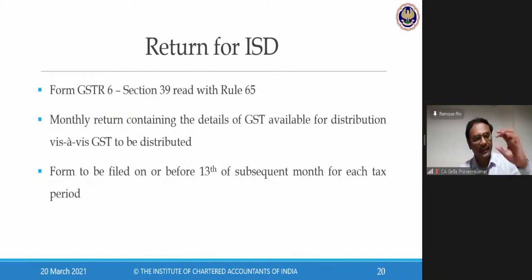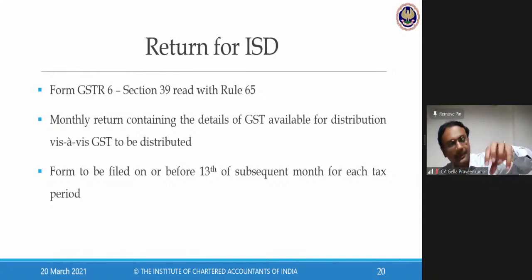Same way, I have a head office. All the common credits, services, all the common credits come and get registered in my ISD. From ISD, to the respective units, like when we have read section 20, I will formulate an equation to distribute to the respective units. Keep in mind, when I distribute, an examination question of 3 marks can be expected. What credits need to be distributed? I distribute eligible credits. I also distribute ineligible credits as an ISD. Whatever credit has come into my ISD, I'll distribute as credit eligible. I also distribute as credit ineligible. This is what I have to do.